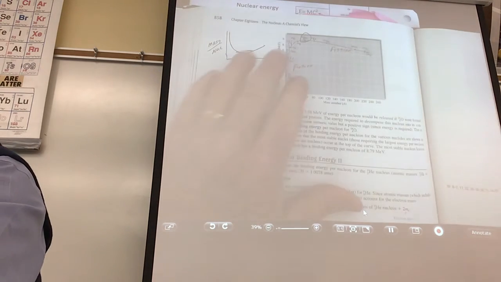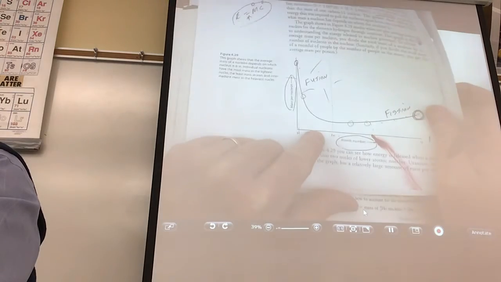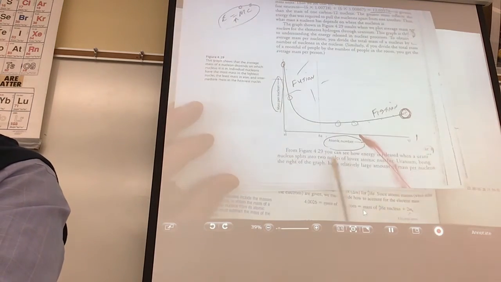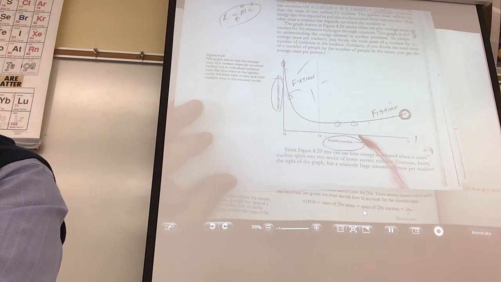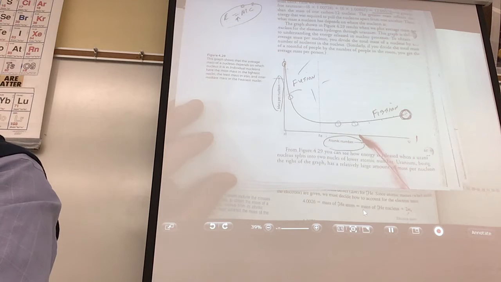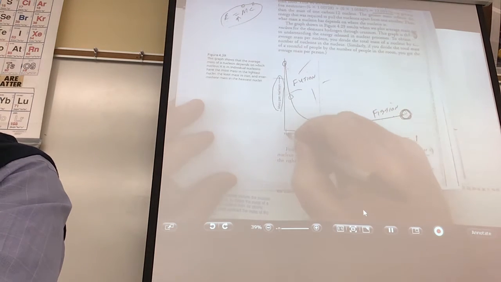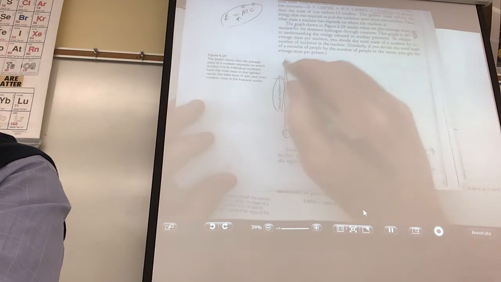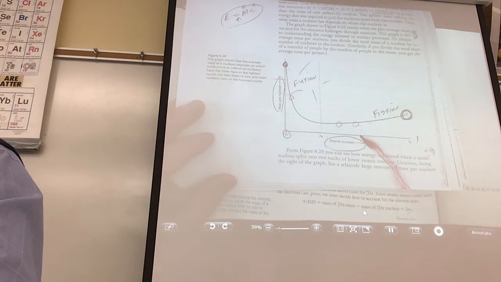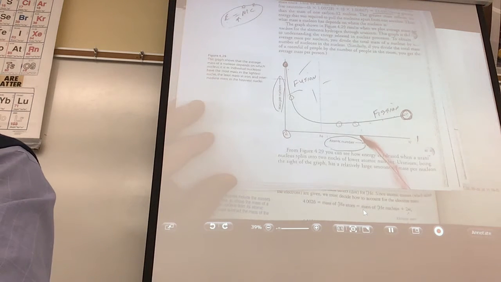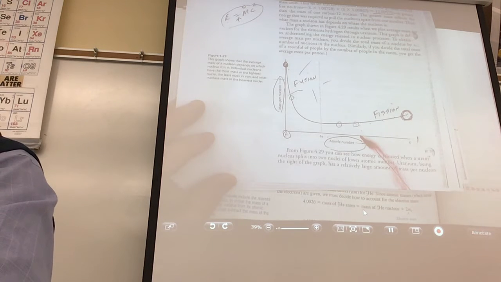This picture here is the opposite of this one, okay? So it all depends on how you want to look at it. Right here, this says atomic number versus mass per nucleon. Now, I know you're not going to like this, but if you are a hydrogen atom, there's only one proton there. The mass per nucleon is really high. You're kind of like what you're supposed to be.